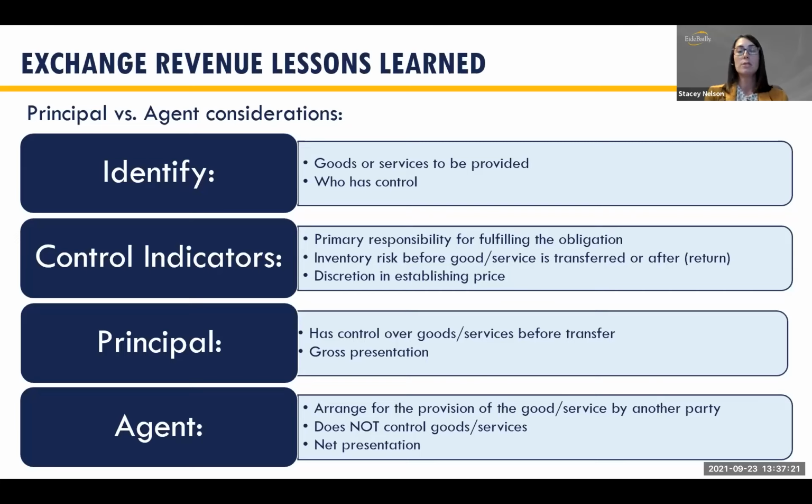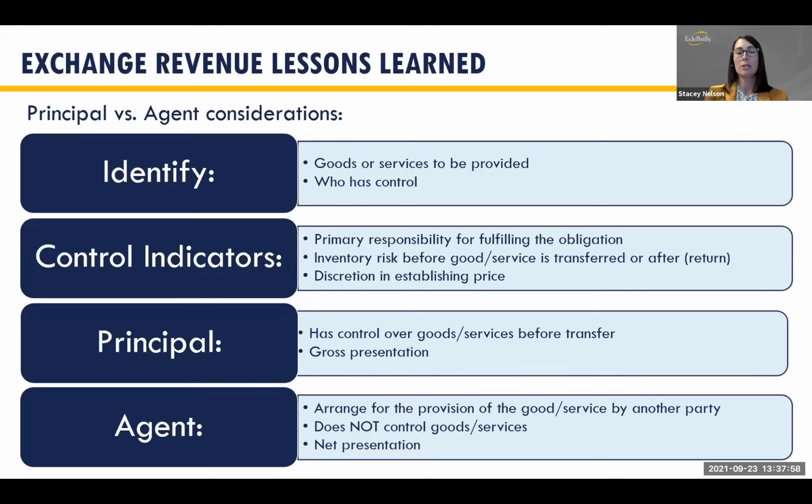The first one relates to who will be primarily responsible for fulfilling that obligation. Who is going to be providing that good or service to the customer? Who has inventory risk both before the goods or service is transferred, so the risk of inventory loss, and again after, so the risk of potentially any refunds or returns? And then also who has discretion in establishing price. When you look at these control indicators, you wouldn't look at them individually to make a determination. You need to look at them all together collectively